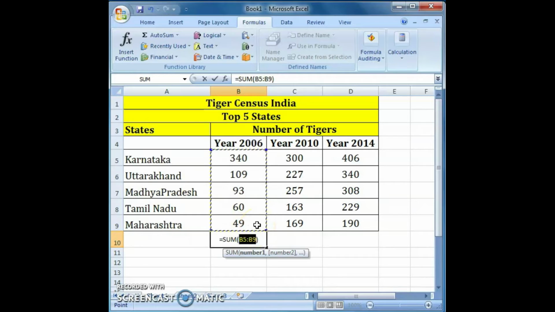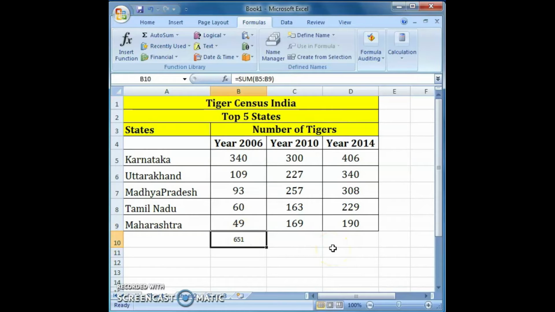Then Excel automatically enters the formula in the B10 cell. Here we can see one formula, SUM(B5:B9). In this formula bar also you can see the formula, equal to SUM(B5:B9). After that, press the enter key. Now I am pressing this enter key.